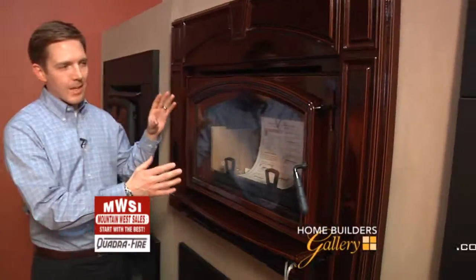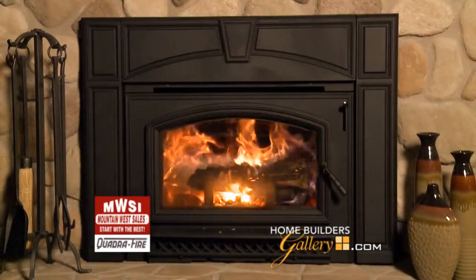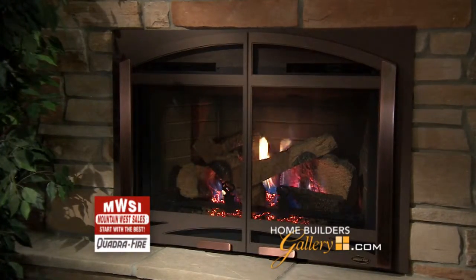Well, a lot of people have existing wood-burning fireplaces and they don't use them because they're cold, they're drafty, they're inefficient. They just never build a fire in them for that reason. So a fireplace insert is an enclosed, airtight stove, basically. You have 3 fuel sources, wood, pellet, or gas. And it slides into the existing fireplace, and what you end up with is a beautiful, efficient source of heat